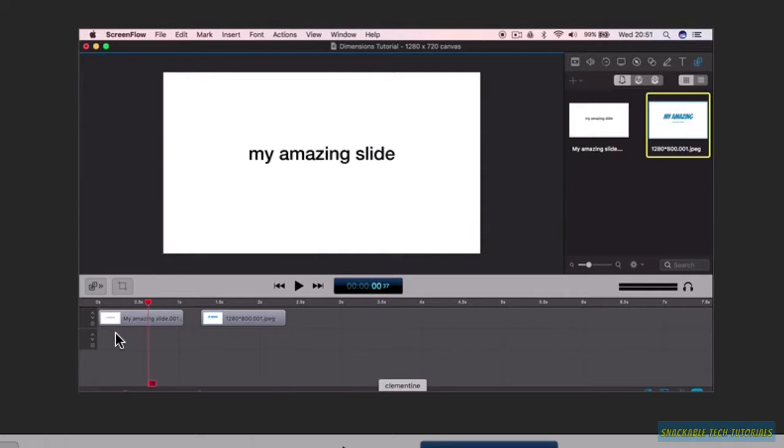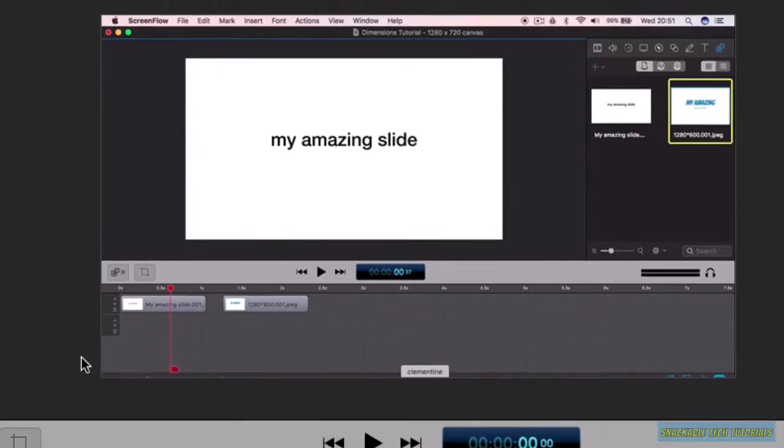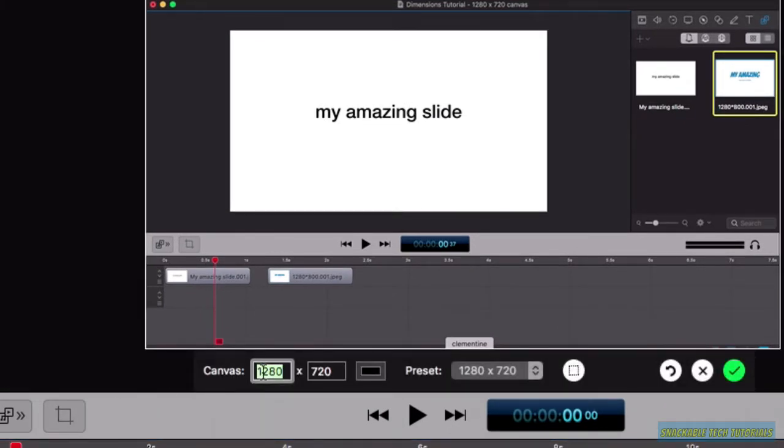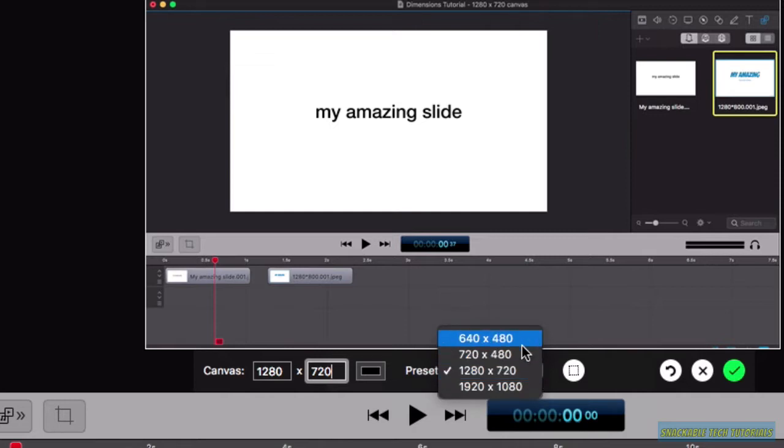Now, to double check what resolution it recorded at, I'm going to click on that crop icon, and we can see that it recorded at 1280 by 720, which is exactly what we wanted. Now, if for any reason we did want to change the dimensions of the canvas, we could overtype these boxes, or we could come to this preset section here and click on the drop down, and we could choose from